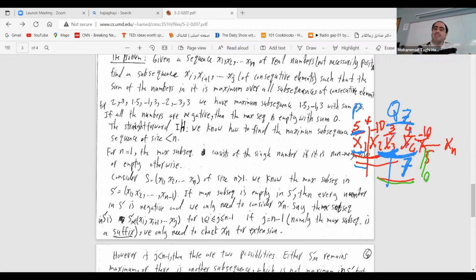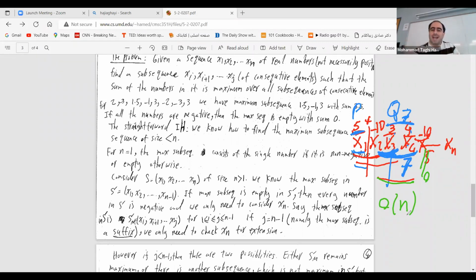So as you will see, at each step I only need order constant. I will just do one simple addition and comparison. So the running time of this algorithm is order n, because I'm just reading each element once. Either I will update my maximum solution or not. At the same time, I'm also updating the maximum sum ending at the current element. Both of them take only order 1, just some comparison, constant time. So in order 1 for each element, and there are n elements, it would be order n.